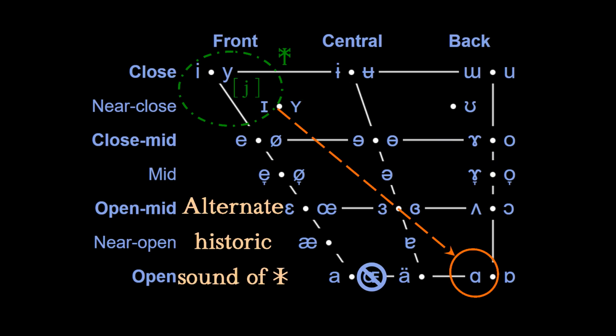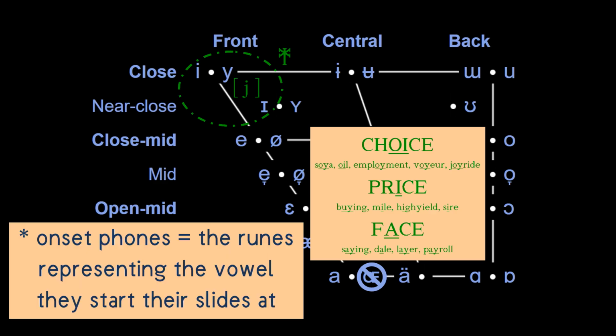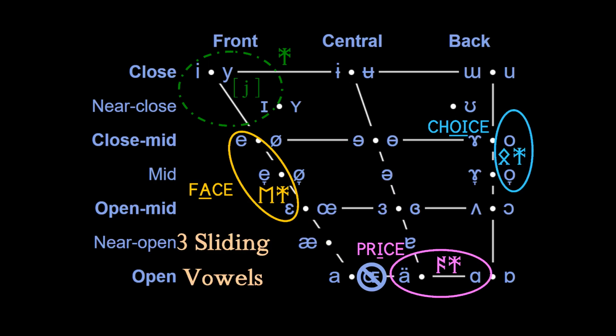It's worth mentioning, in areas under Viking influence, eor had another sound more like ea, the inverse of today's price vowel. So, to limit confusion, if we reduce eor's domain to its range of target phones, then the vowels of choice, price, and by extension face can be distinguished by writing their onset phones before yor. In the cases of price and face, this works perfectly.